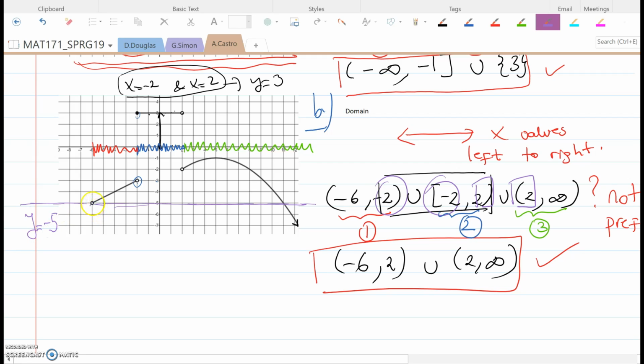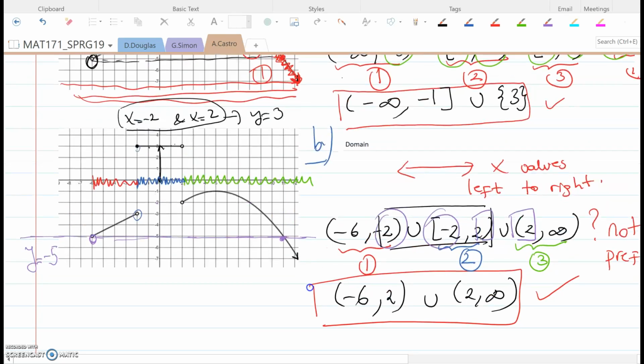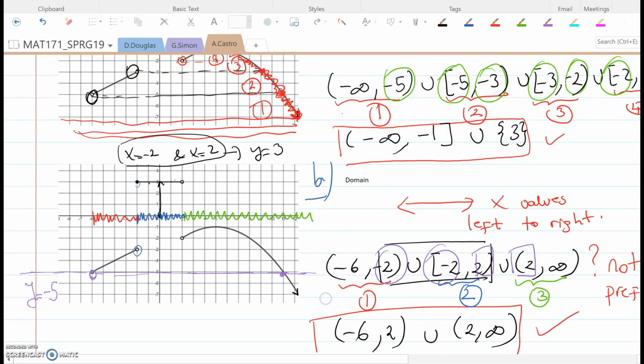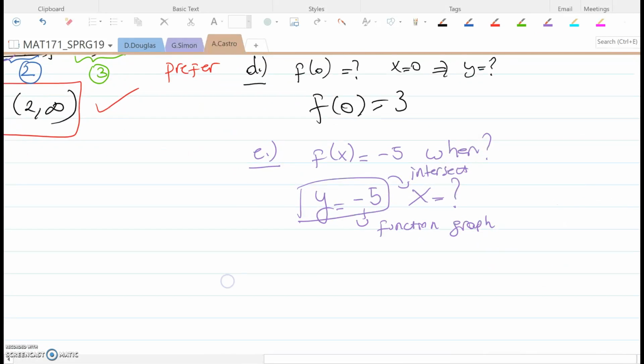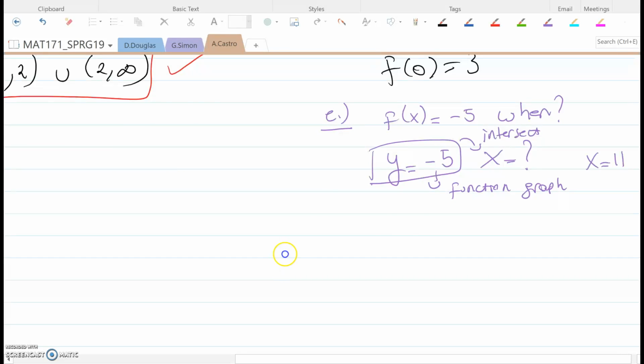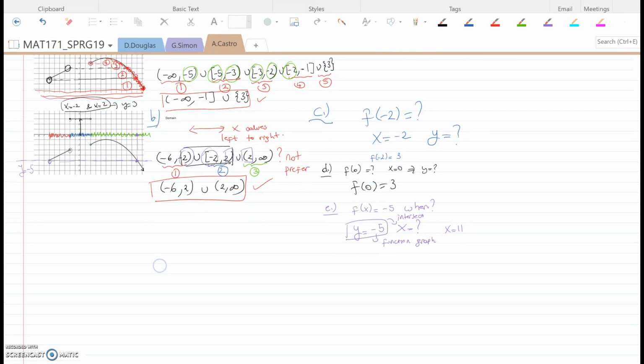Okay. It's not this x value, x equals negative 6, because we have a hole. It is this x value, which I believe was 11. Okay. So the function will be equal to negative 5 when x is equal to 11. All right, this is the end of my solution. I hope it will be helping you, and I will be posting that